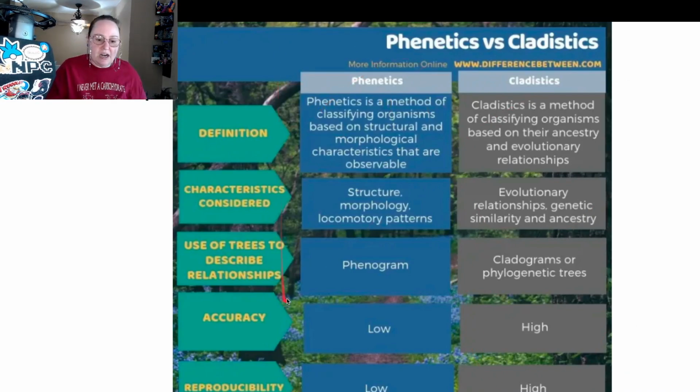So we started here and went to cladistics, which is cladograms and phylogenetic trees, and we have a lot higher accuracy with this. And remember, if you can reproduce it, you're doing science. If you can't, somebody was lying to you. Anyway, and so that's why cladistics. We started with this because that's all we had.